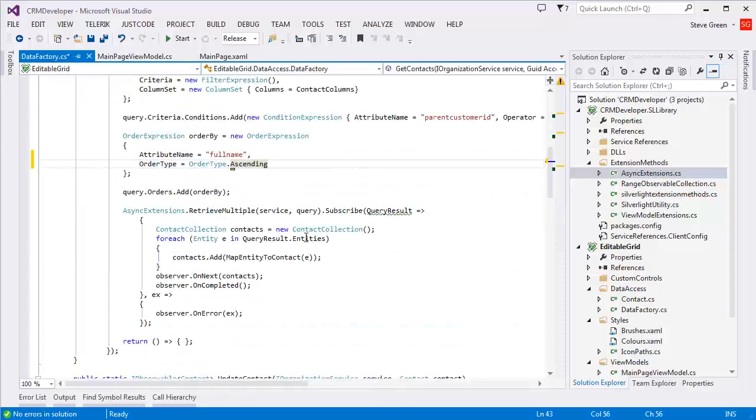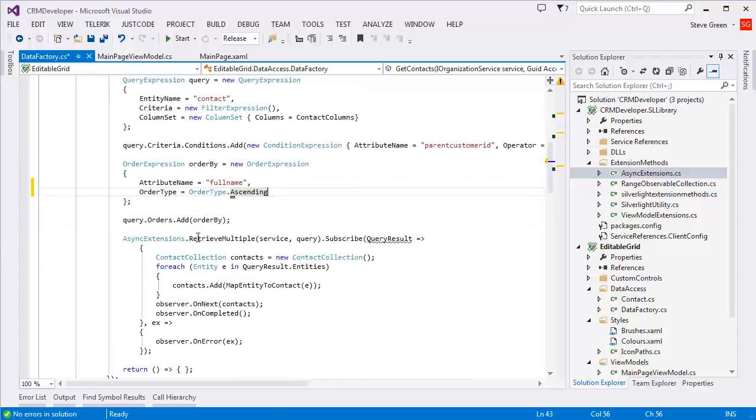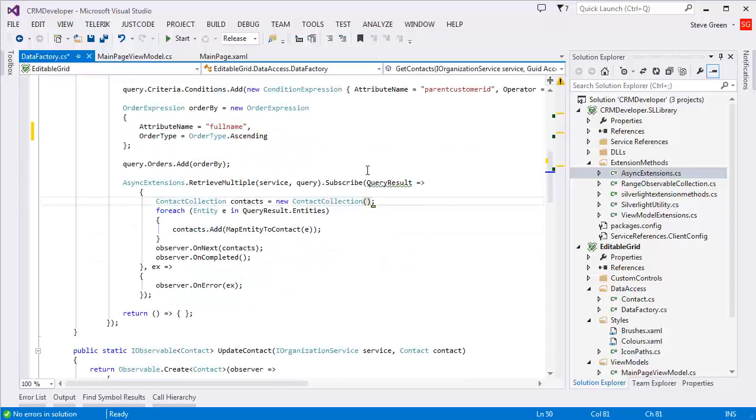And so on, and that then does the retrieve multiple, passes in my organisation service property, passes in my query expression, because if you look, the retrieve multiple has the two property parameters to pass. Again, do another subscribe, which will obviously go off asynchronously and return the results to this query result, and when it's complete, pass into this function here where it defines a new contact collection